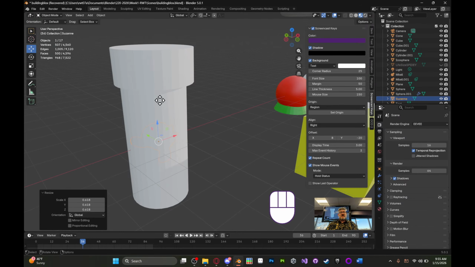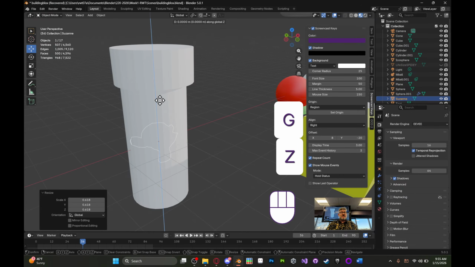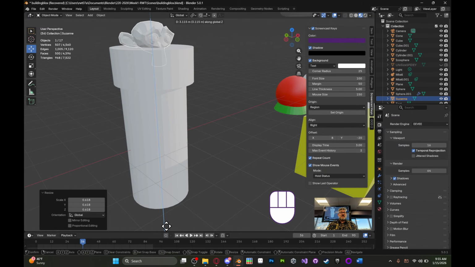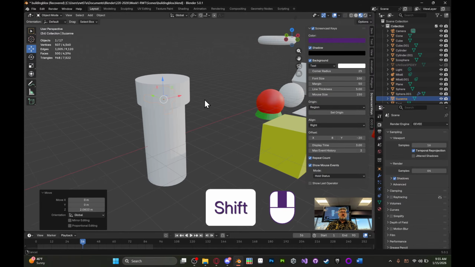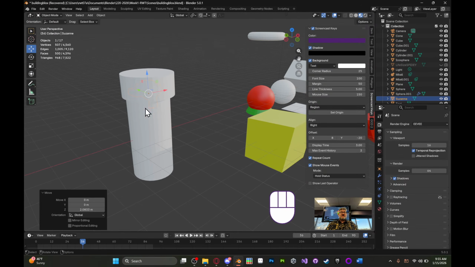I don't know. So I'm going to hit G, and then I'm going to hit Z, so it only moves on the Z axis. And I'm going to move it up here so we can see it. That's where it's going to pop out. So we'll start down here. Okay, and now with Suzanne selected,